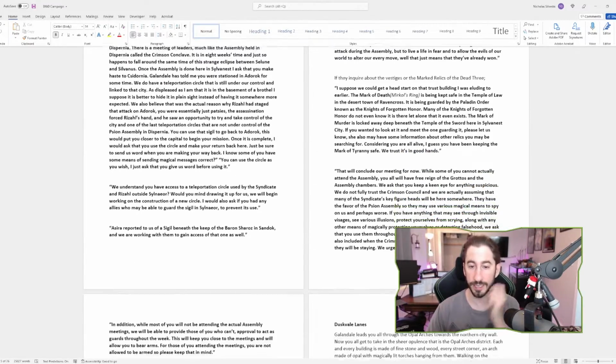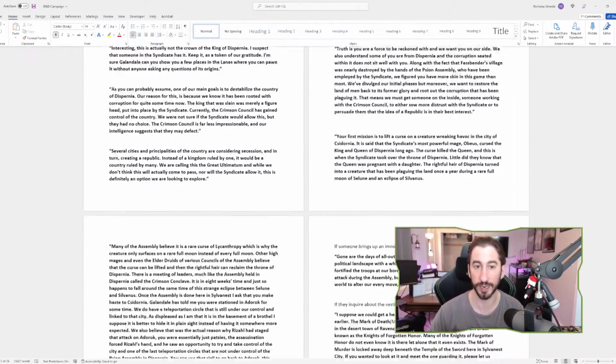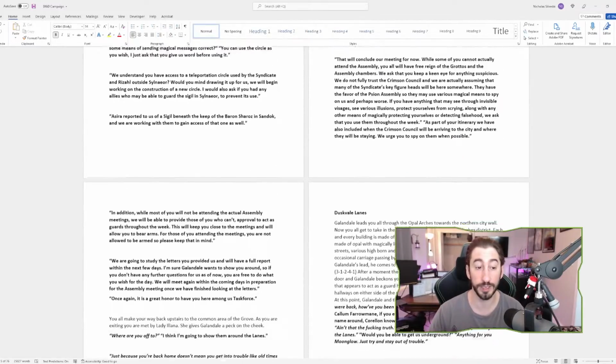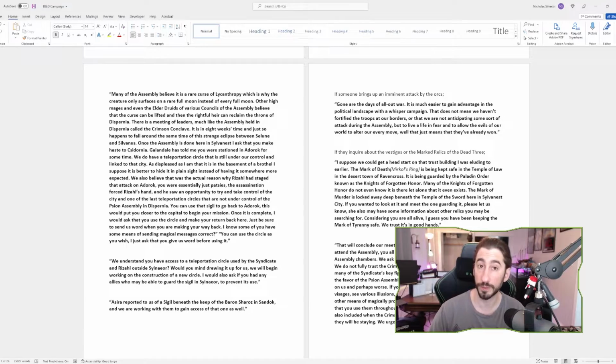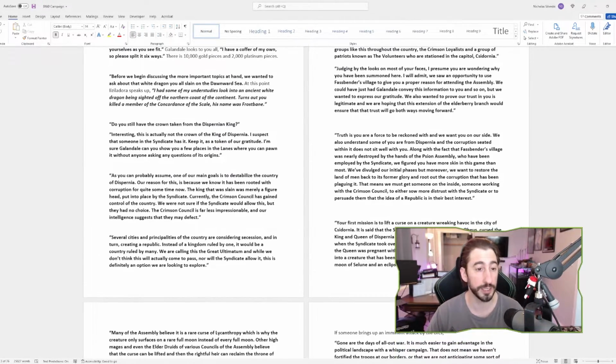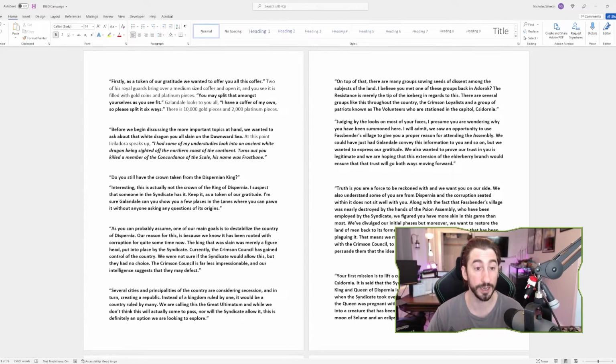This is basically the initial meeting between the Sovereign, who is the foster father of Gallandale, and the group, the task force. Some of these things might not come up, and in that instance, I might put a star or asterisk next to it in my session notes in case it comes up down the road. And that's another thing.